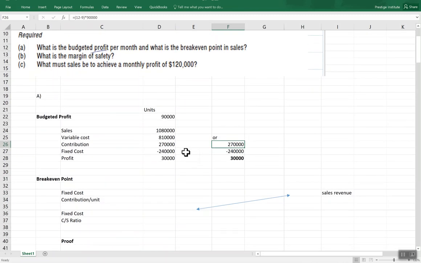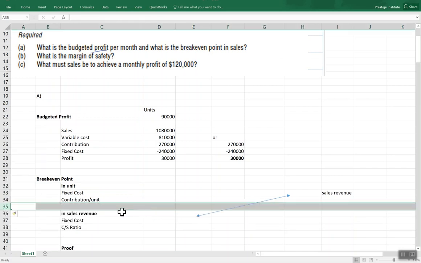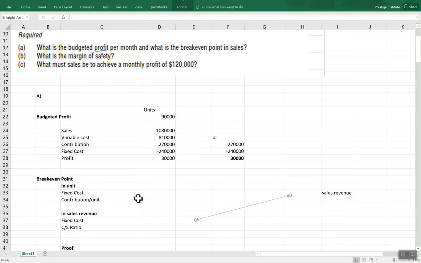Okay, next thing they're asking is what is the break-even point in sales? It is the level in sales where we have no profit, no loss. So I will find break-even point in sales revenue and in sales units, both. To find break-even point in units, we simply take fixed cost divided by contribution per unit. Fixed cost is given as 240,000, dividing it by contribution per unit, which is 12 minus 9, and it gives us